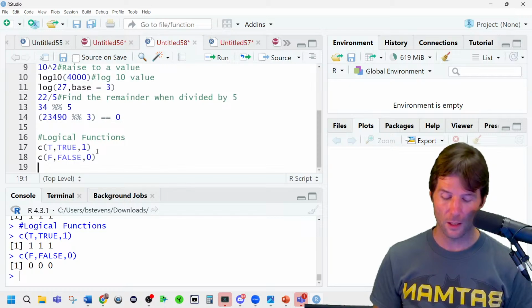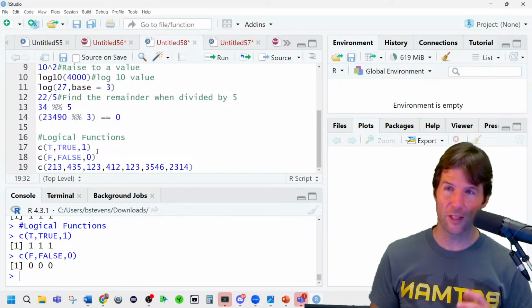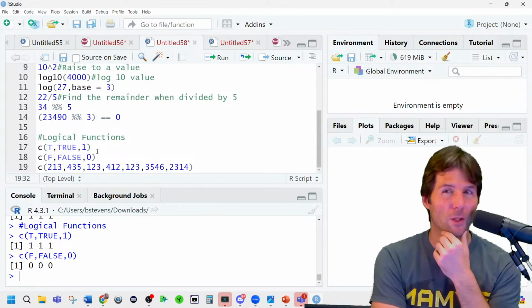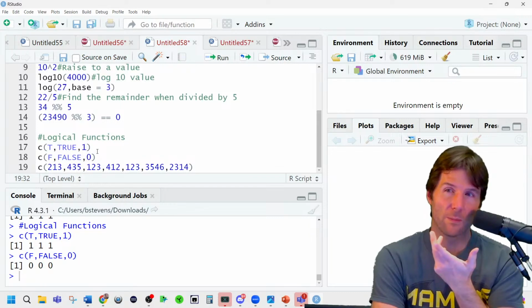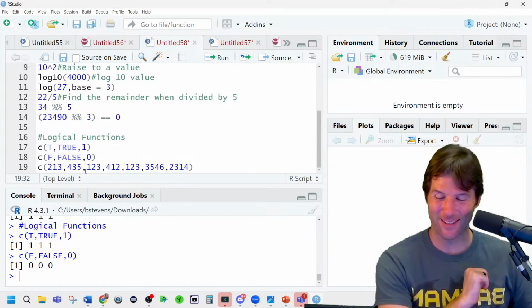So maybe our friend gave us a bunch of numbers here. So these are just a bunch of numbers. We want to see if any of these numbers are even. So now we have to think back to our arithmetic. What does it mean if these numbers are even? Well, I think we kind of know it. So you could answer this without looking at it. You could be like, let's see, even,